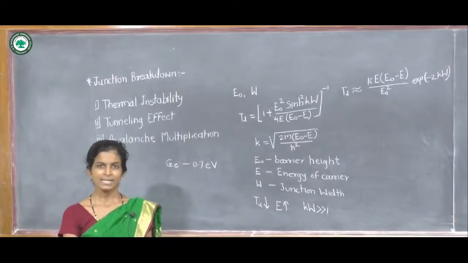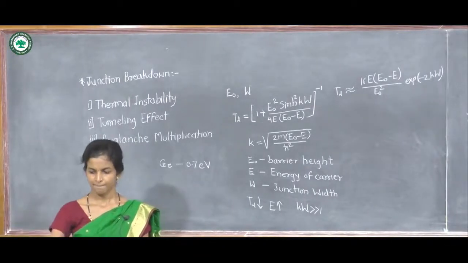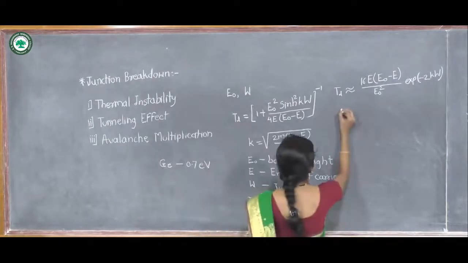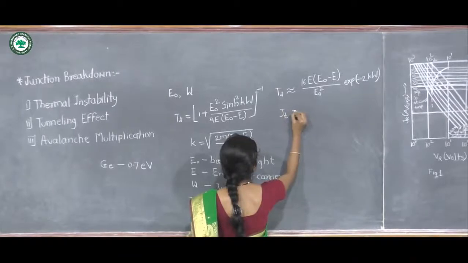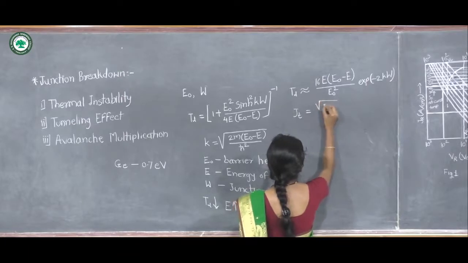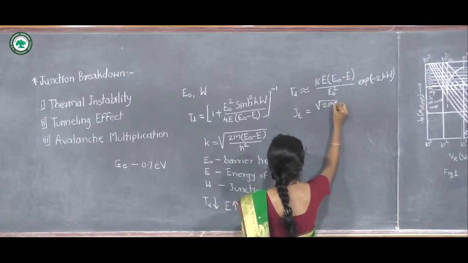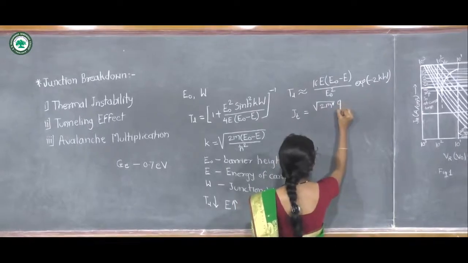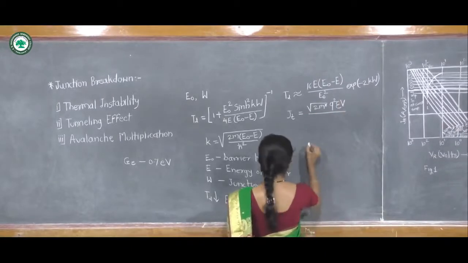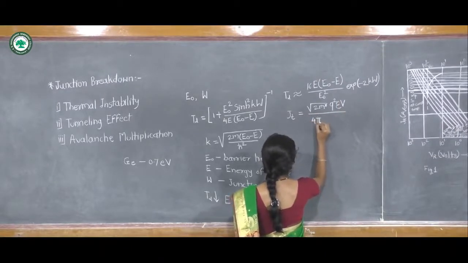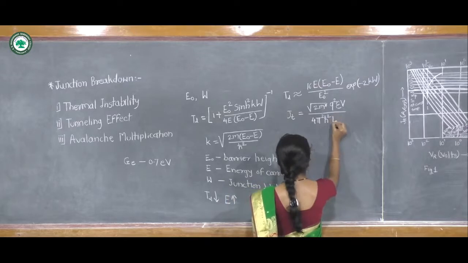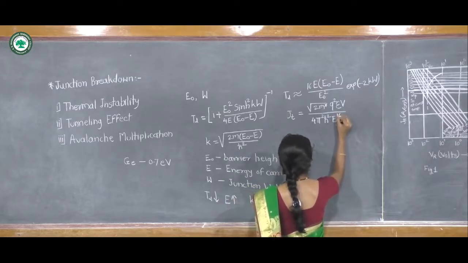The tunneling current density JT is given by the square root of 2m star into q square into epsilon into V upon 4 pi square h cross square into Eg raised to 1/2,